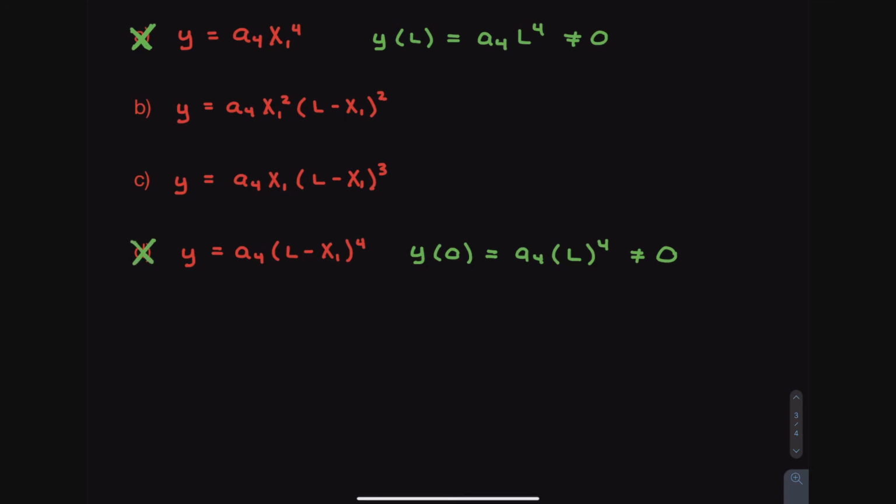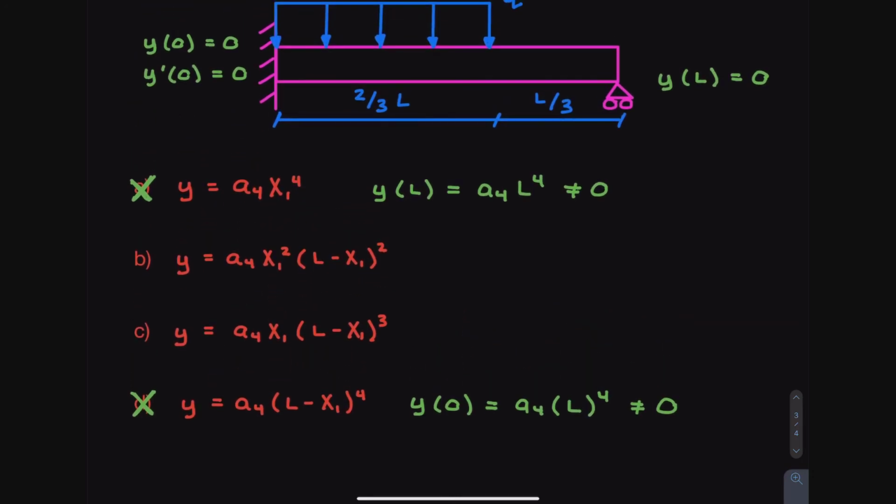So the remaining ones that we have are equation B and equation C. As you will see, when it comes to y at 0 equal to 0 and y at L equal to 0, both of these equations satisfy those. So there's only one more essential boundary condition, which is this one. We know that the rotation at x1 equal to 0 must be 0. The problem with this is we actually have to take the derivative of these functions to figure out what that rotation